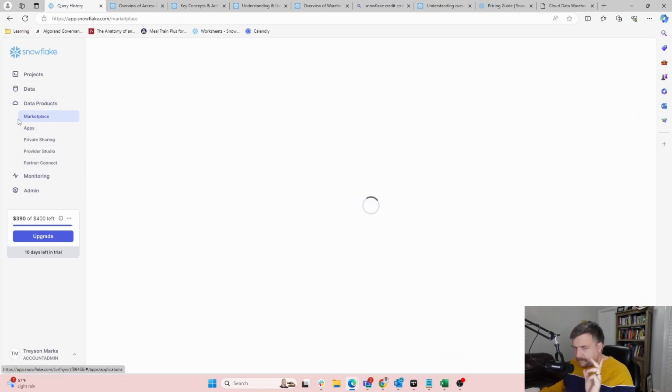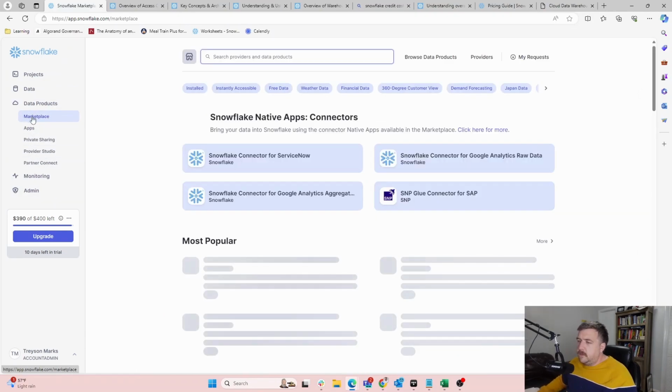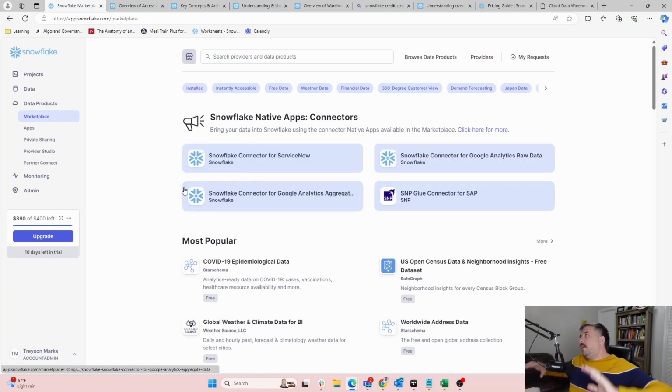Data products. Snowflake Marketplace. This is a super neat function of Snowflake. Again, I'm not sure if this is in Databricks or Google BigQuery or any of these Azure products.